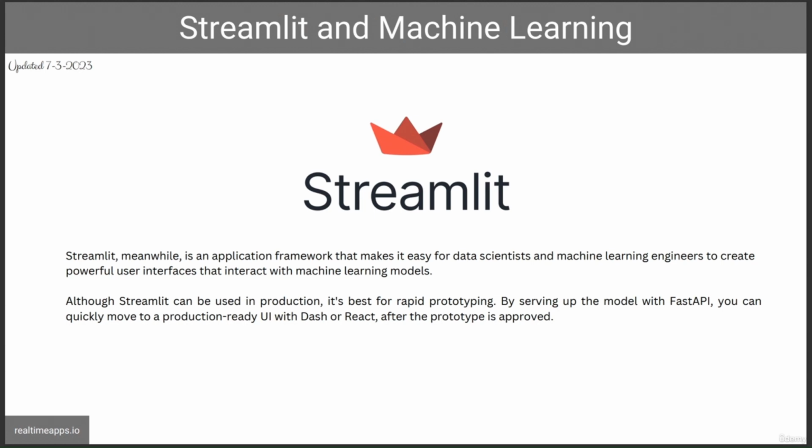Streamlit is an application framework that makes it easy for data scientists and machine learning engineers to create powerful user interfaces that interact with machine learning models. Although Streamlit can be used in production, it's best for rapid